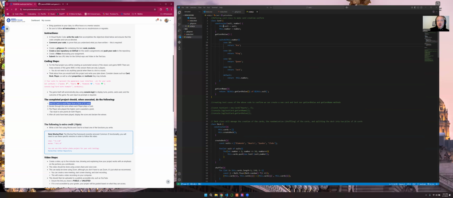So the first class is our card class. What is a card comprised of? That's comprised of a suit and a number. So that's our constructor here. The other thing we need to do is get a card value. So when it gets to the face cards and the ace, we'll need to have a value for that when it's compared, but also return